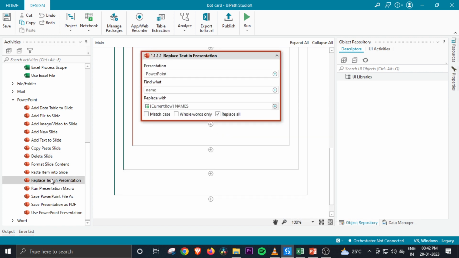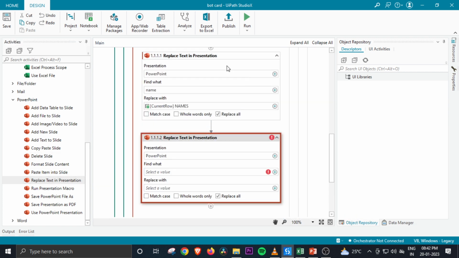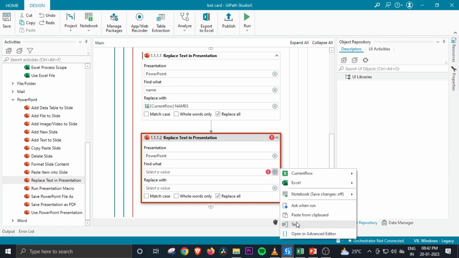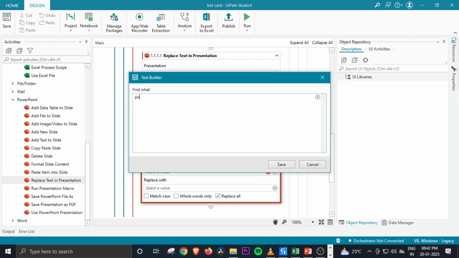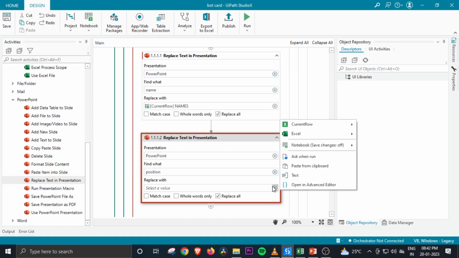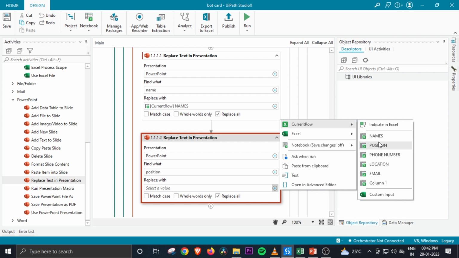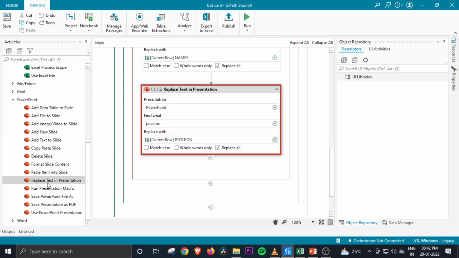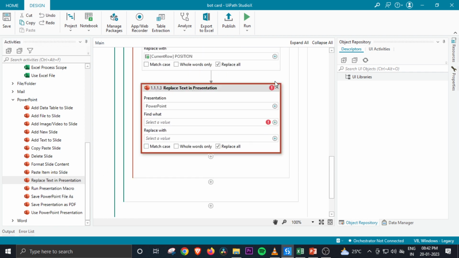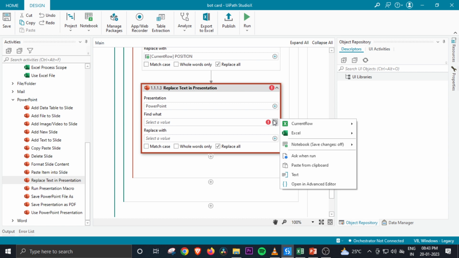Again, we will use it. We will find position and replace it with the position column. This goes on for every detail we are given in the presentation. So now we will find